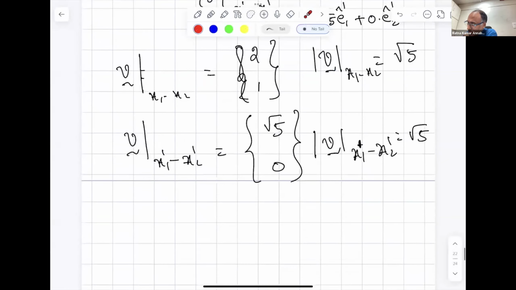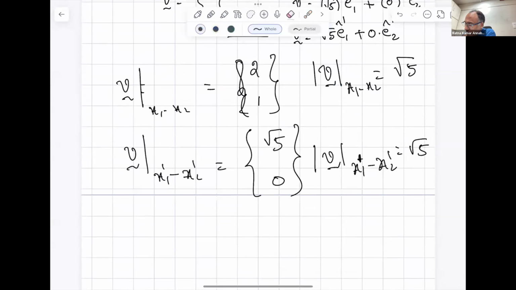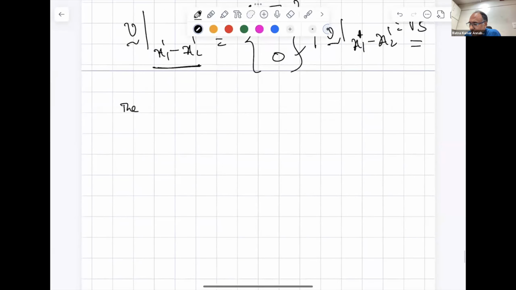So in these two frames of reference, this is one frame of reference, that is the x1, x2 frame. This is the x1 dash, x2 dash frame. In both frames of reference, the elements of the vector have changed because the coordinate system is different. But there is something about this vector that did not change. That is the magnitude. The magnitude of the vector remains the same. That means I would call the magnitude of the vector invariant